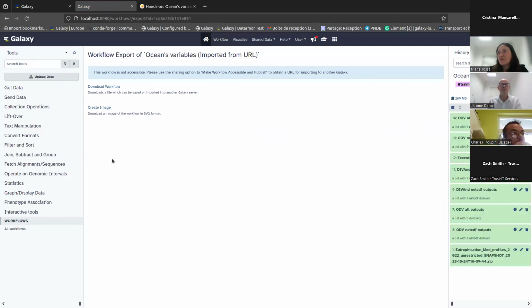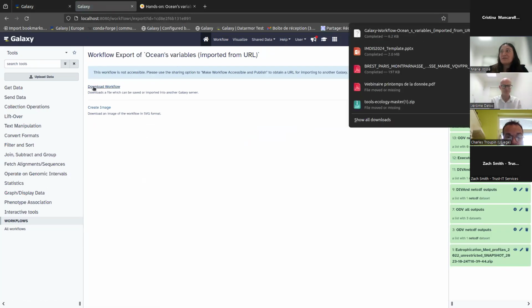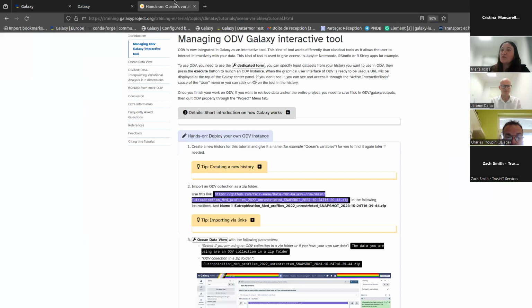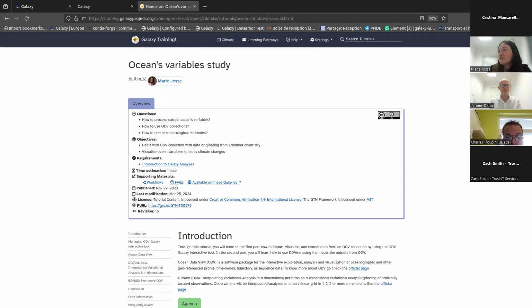And I think this is where you can do it. Download workflow. I think this is where it's available. So this downloads the workflow from Galaxy. I actually never downloaded it as an RO-Crate, but I think you can just search for it in the GTN,